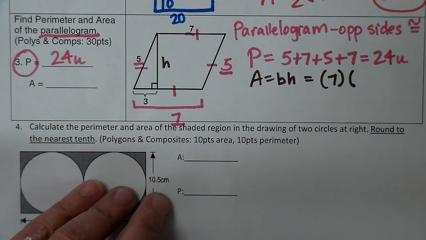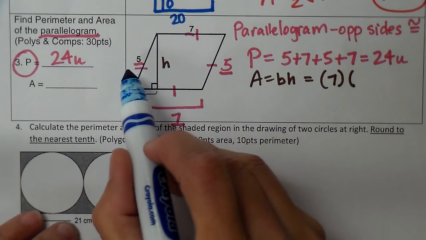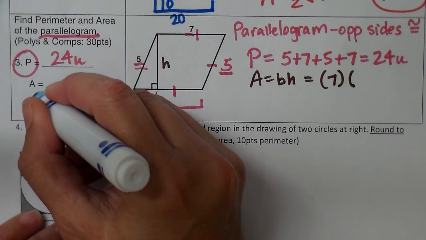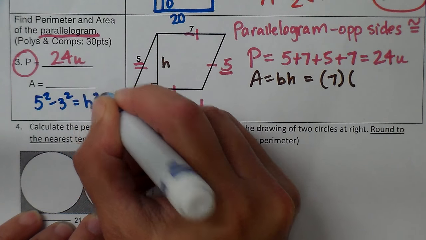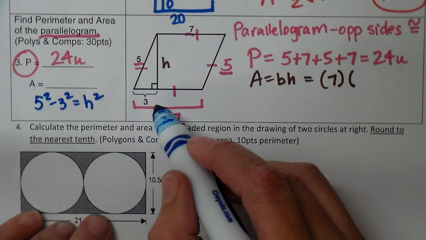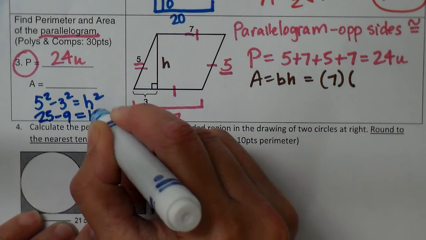So in order to find our height, we have to apply the Pythagorean theorem because that's a right triangle. Now, I have a right triangle. My hypotenuse is 5, one of my legs is 3. So I'm going to do subtraction. 5 squared minus 3 squared equals h squared. When you have the hypotenuse and a leg, you subtract. So I've got 25 minus 9 equals h squared,